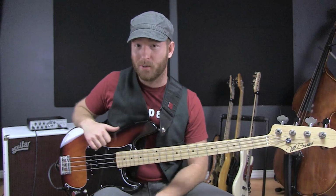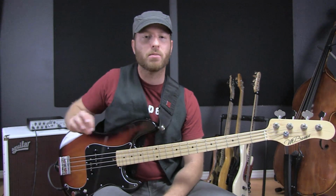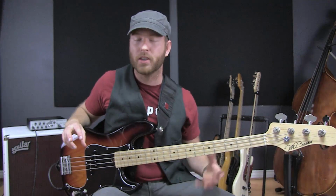So if you like Aguilar gear, their amps and their preamps and all the stuff that they make, you're going to like their precision bass. You're going to like their interpretation of what a P bass sounds like. I love it. Now, understand that it's not really possible to 100% emulate these vintage parts for a number of